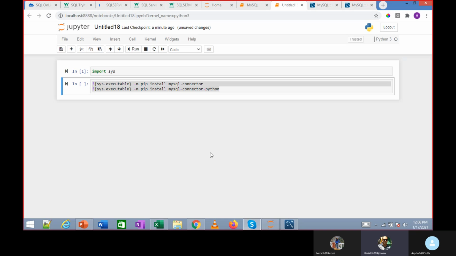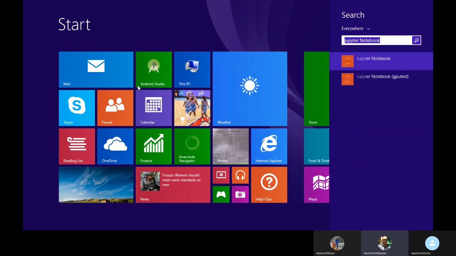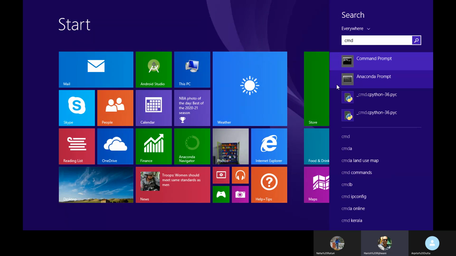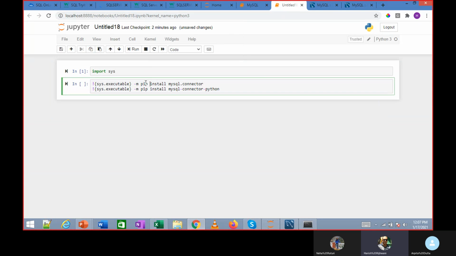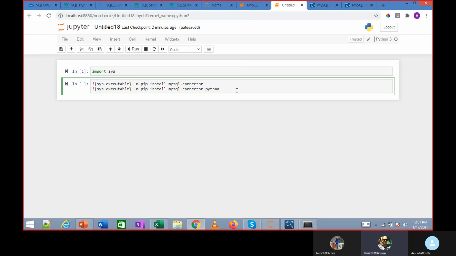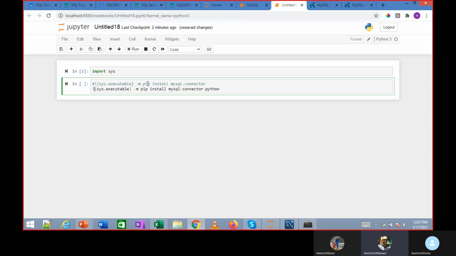So this is a statement. Normally, if you want to install something, where do you go? You go to this Anaconda prompt, and here you type the statement pip install mysql-connector. But I'm just showing you how you do it within Jupyter itself so that it becomes easier. Otherwise, we type that command over here: pip install mysql-connector or mysql-connector-python. We're going to do it through Jupyter. So run these two lines also, and it might take some time to install.